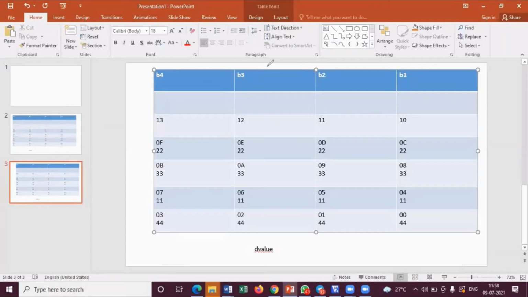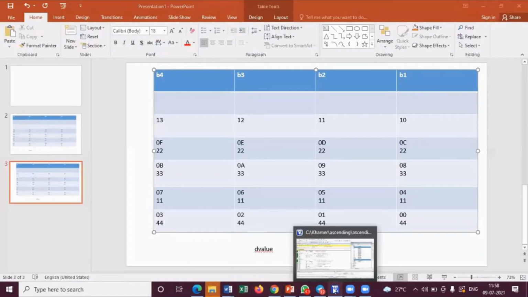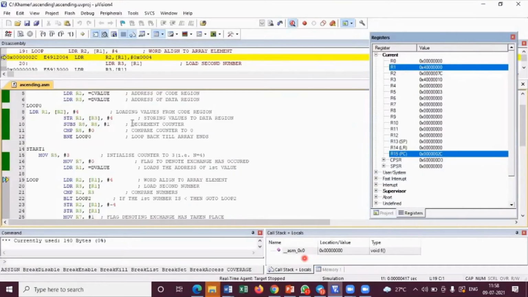Yes, ma'am. Okay, so next part. Now we know that R5 is 3, and R1 is being loaded with the starting location of the D value, which is 00. Next, whatever R1 is pointing to, please move it to R2. See this instruction, because the pointer is pointing over here.